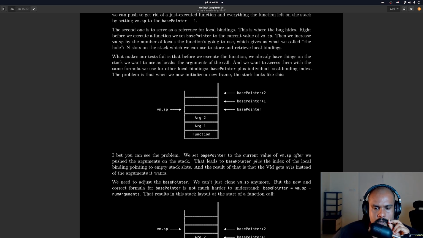We set base pointer to the current value of... okay.